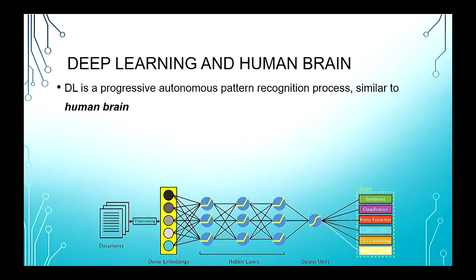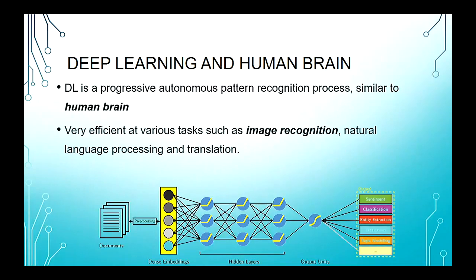So imagine as a kid, how do you know that an apple is different to an orange? You try one and then the other, and they taste different. And then you try so many times that it becomes a pattern in your mind that these two are different. Right? So you can generalize that. That's exactly how deep learning is applied. In many different tasks, like image recognition, language processing, or translation, deep learning relies on that pattern recognition.